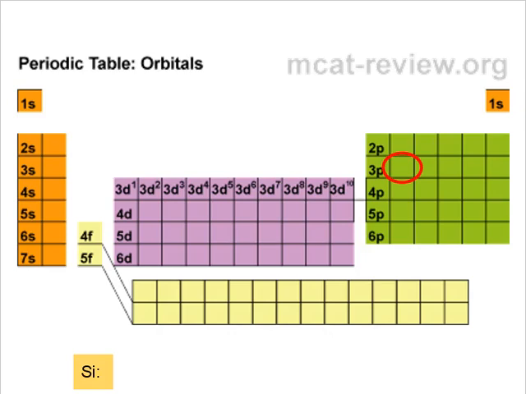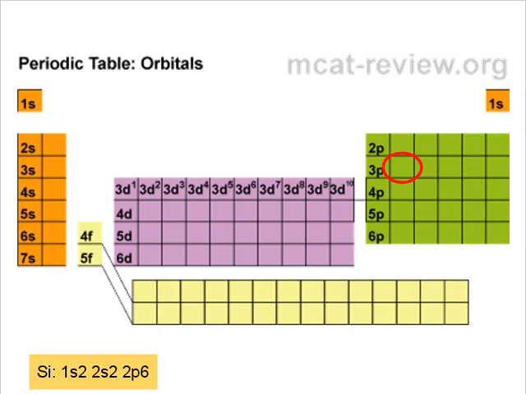If we look along in the top part here, you can see that there's your 1s orbital. So we're going to have level 1, an s orbital, with 2 electrons in there. You can see that silicon is sitting in that 3p block. That's where we're aiming for. So we've got to fill everything up to that point first. So we've got our 1s orbital, then we go down to the next row, we've got our 2s orbital. The 2 should be superscripted, but I'm not going to try and do that on this program. Then we have our 2p orbital,